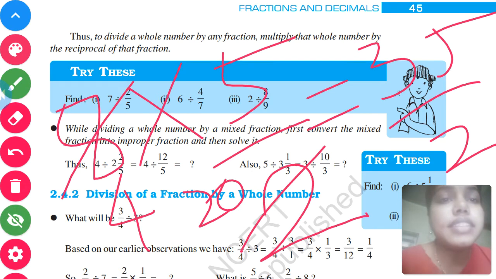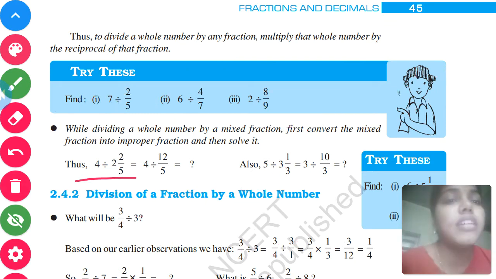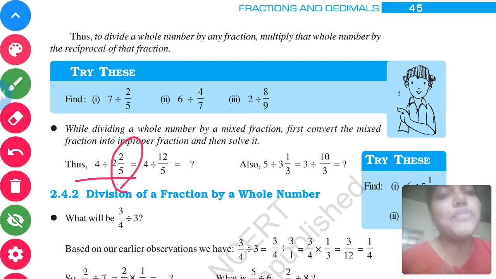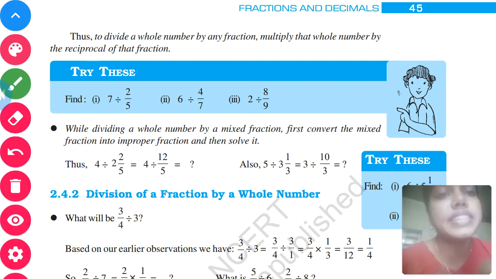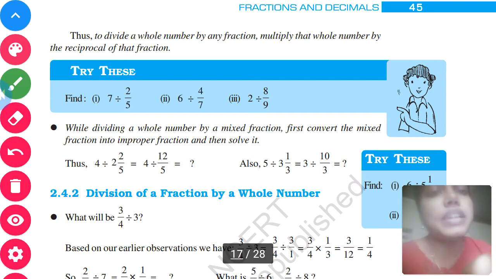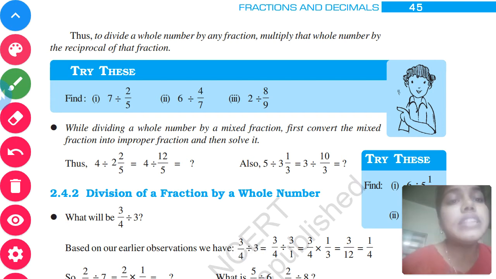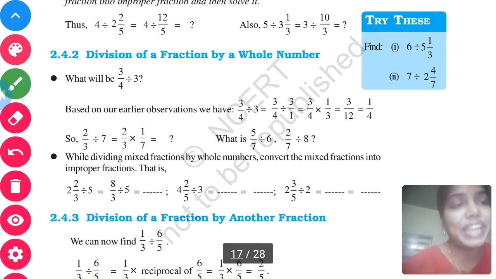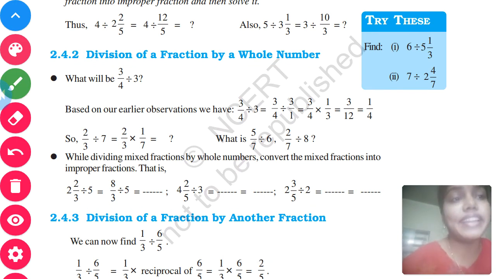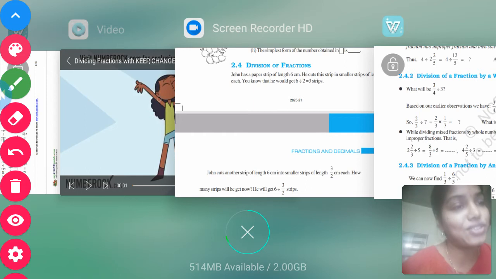When I take this example here, children, that is a mixed fraction. Again, the same process. You have to convert this mixed fraction into an improper fraction, and then you're going to go for the division process, what we have discussed. That is finding the reciprocal of your right hand side of the fraction, that is this particular. We'll just understand one by one. Before that, I would like to show a video, a very interesting video, where you will understand this process through a song. Hope you'll enjoy this video.